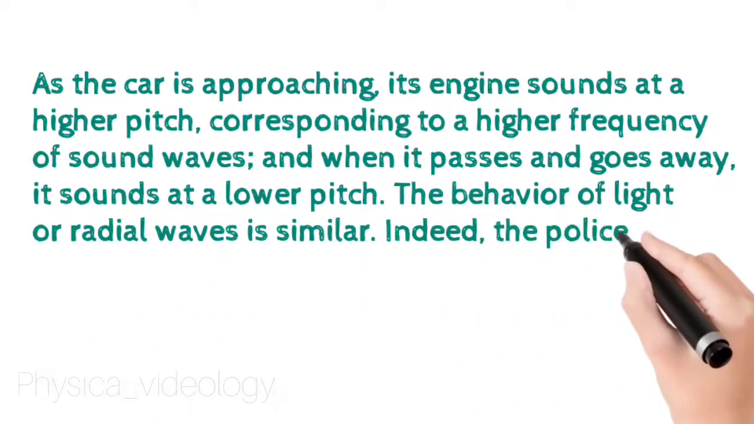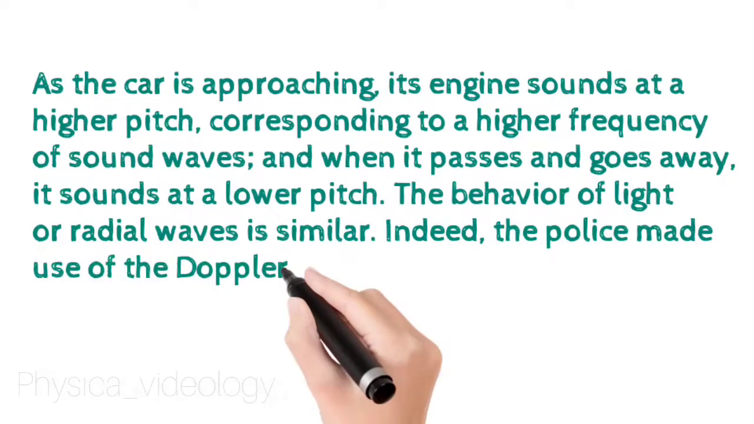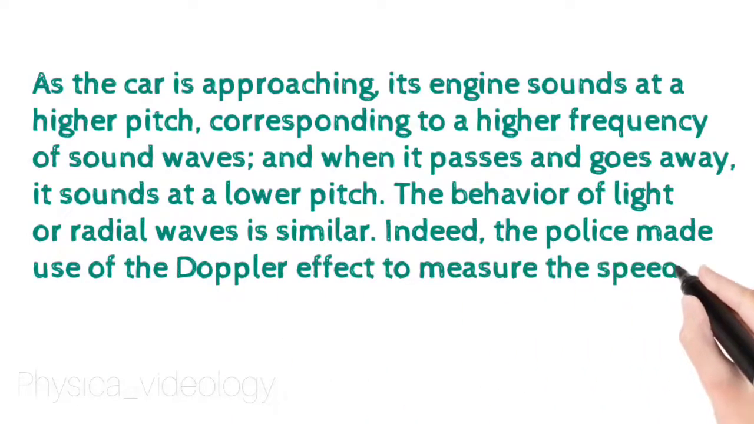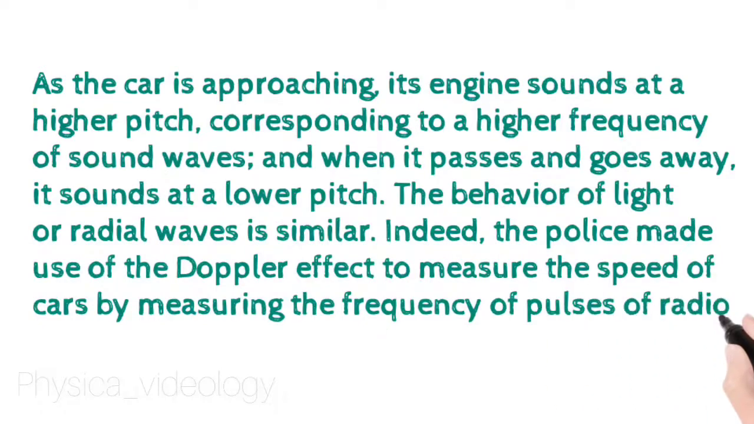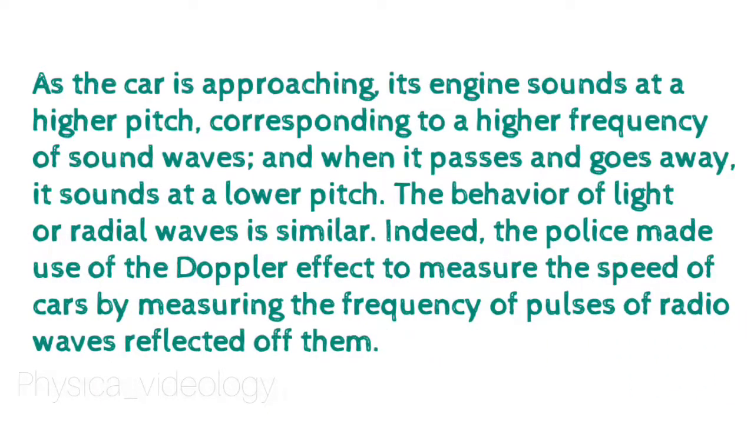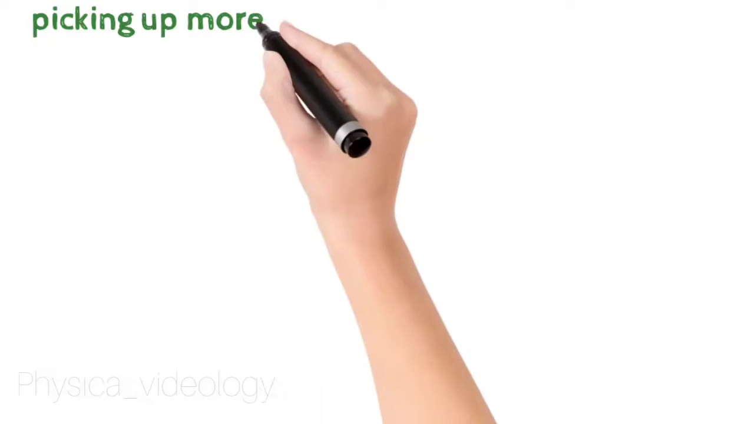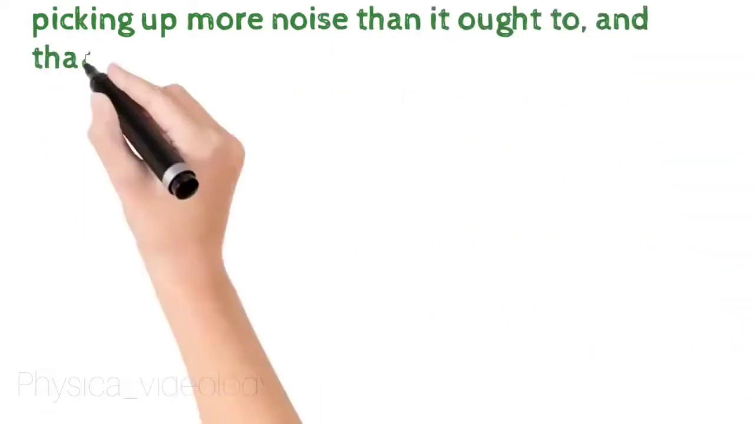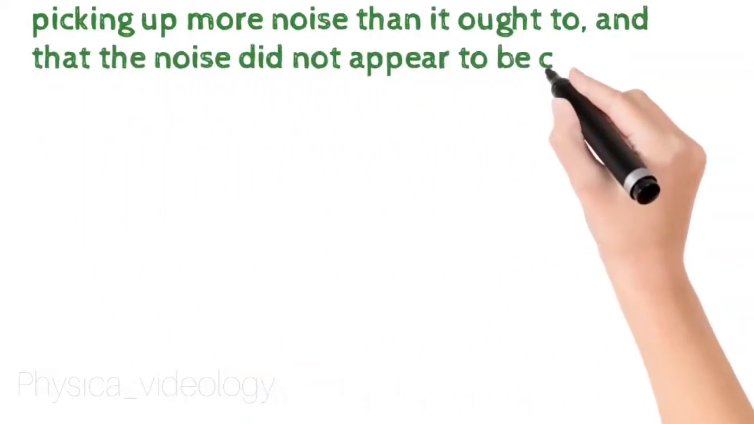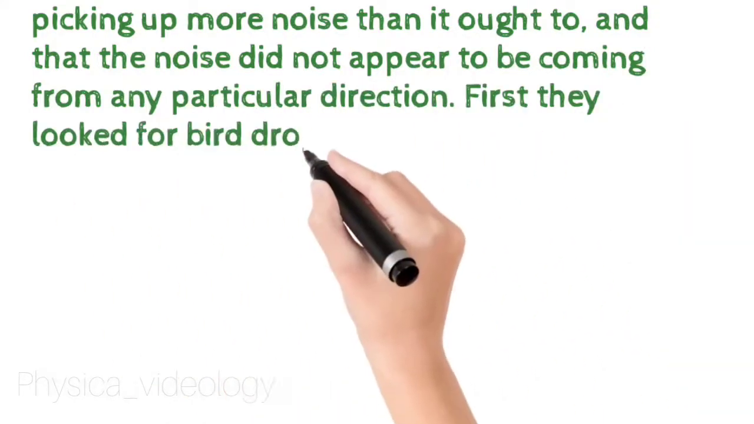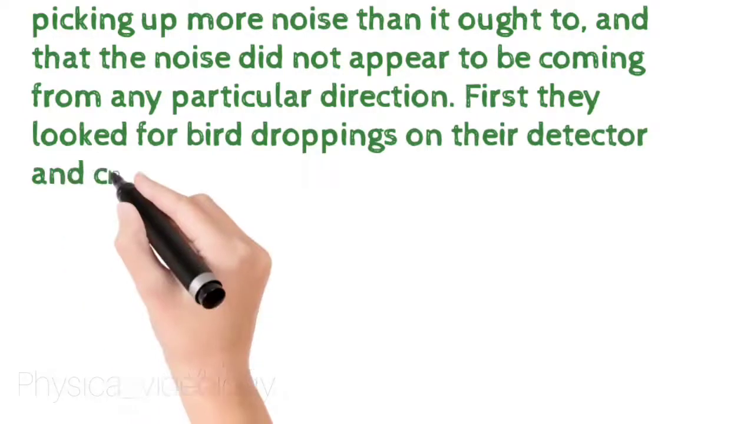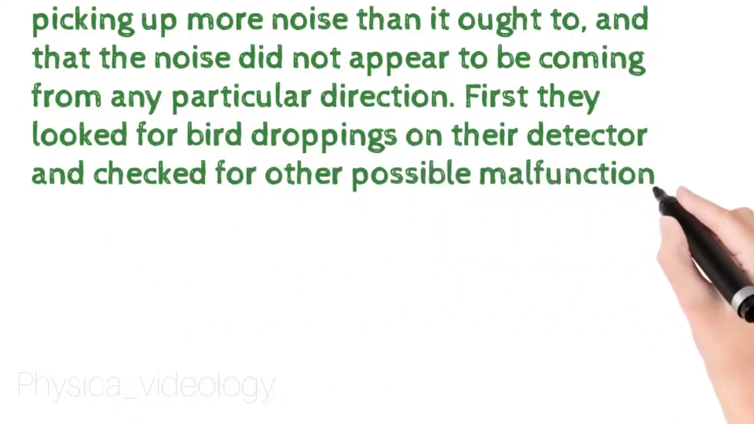Indeed, the police made use of the Doppler effect to measure the speed of cars by measuring the frequency of pulses of radio waves reflected off them, picking up more noise than it ought to, and that the noise did not appear to be coming from any particular direction. First they looked for bird droppings on their detector and checked for other possible malfunctions, but soon ruled